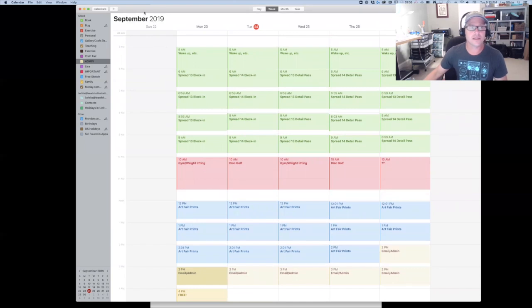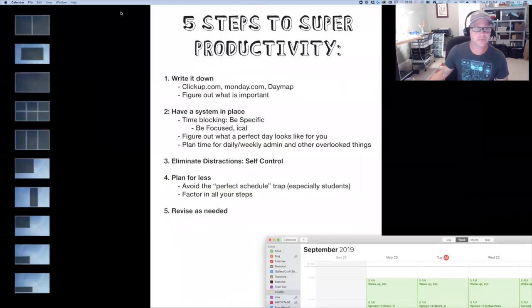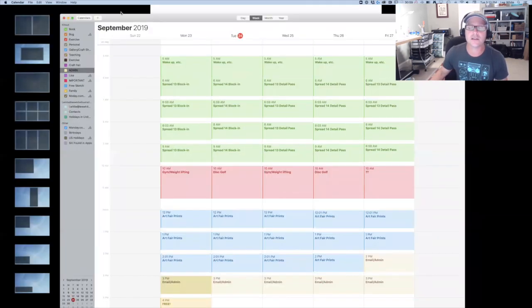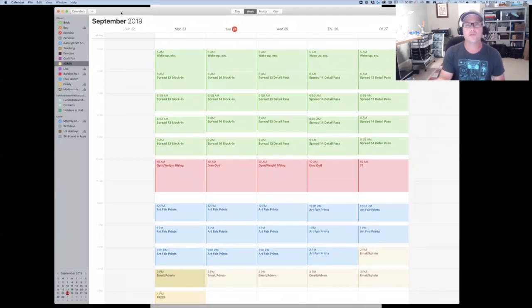Now, one of the things I had written earlier here: figure out what the perfect day looks like for you. How many hours do you want to work in a day? And figure out what the schedule would look like using these time blocks for how that day would work. I guarantee you, if you had to write out your ideal day, it's not going to be doing 12 hours of work. It's going to be probably 6 to 8 hours, 6 to 9 hours maybe of intense work,